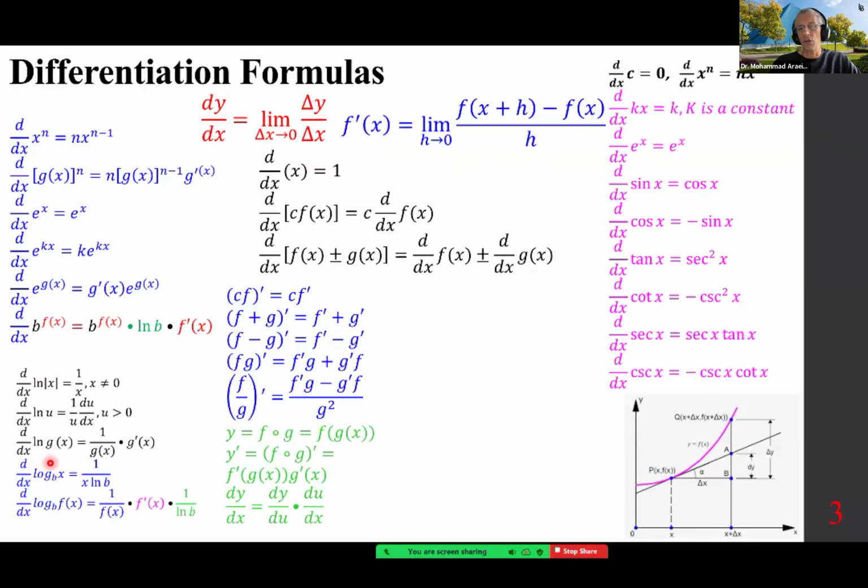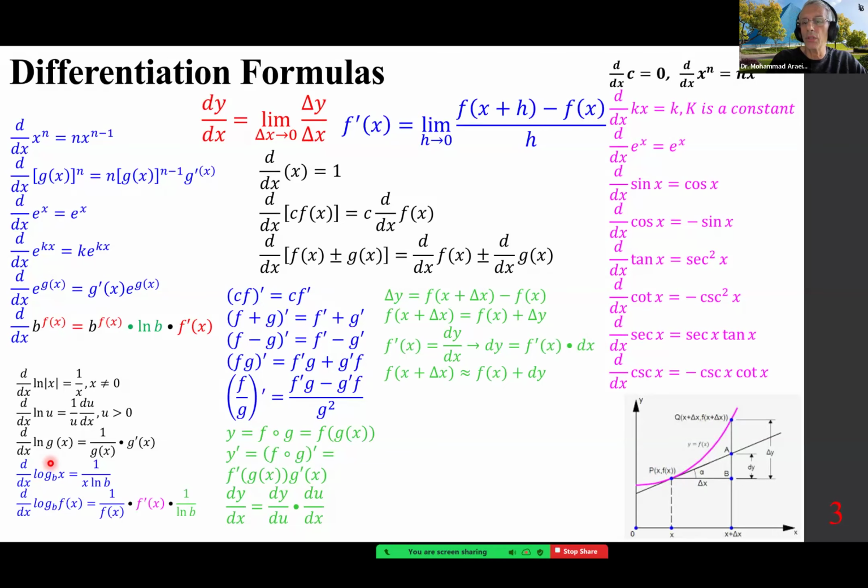rule, logs, and then we added the concept of delta y versus dy. Delta y is the rise if you go from point P to point Q. The run is delta x. Rise along the curve, that means f of x plus delta x minus f of x. And dy, we know f prime is dy dx, dy is f prime of x dx. We can approximate delta y by dy, and therefore